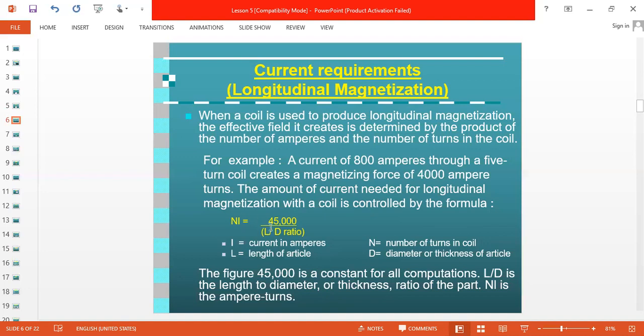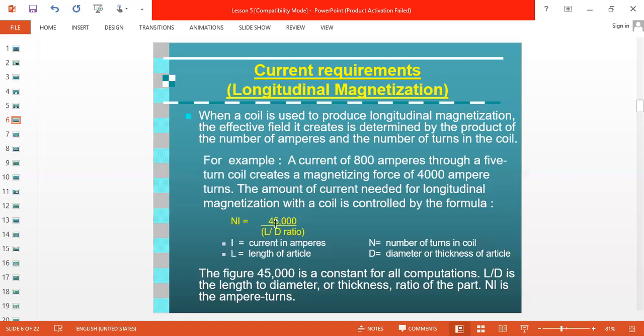There is one more formula: 35,000 divided by L by D plus 2. This formula works when the L by D ratio is greater than 2 and less than 4.